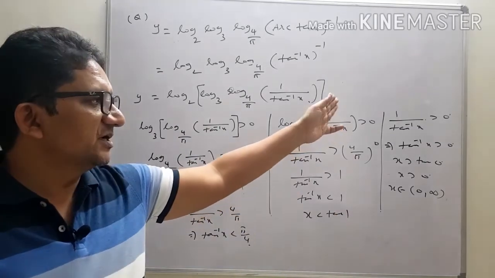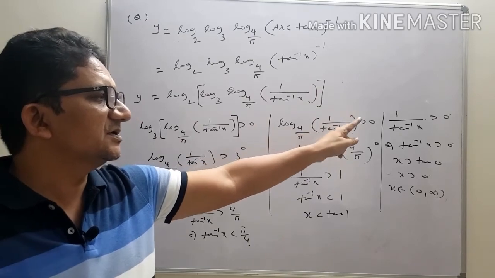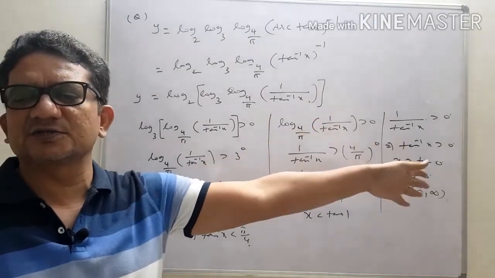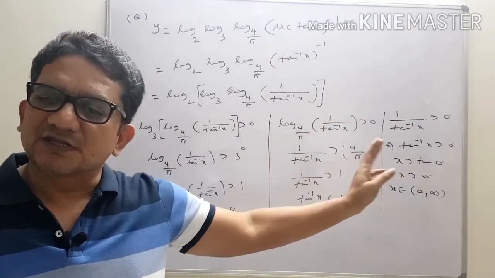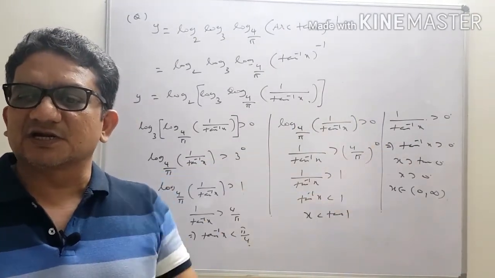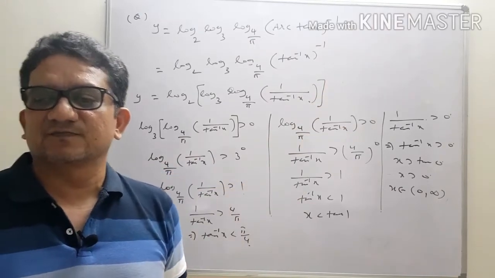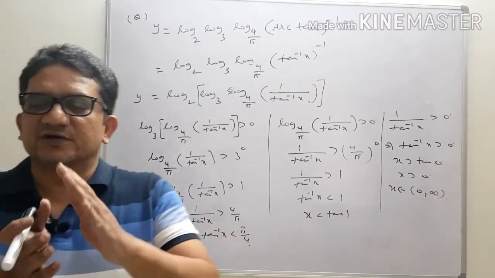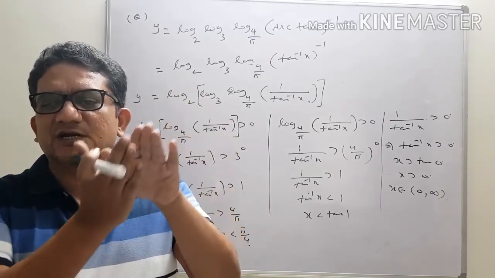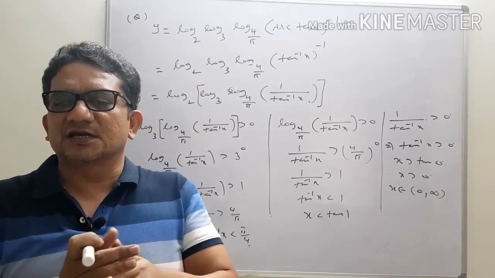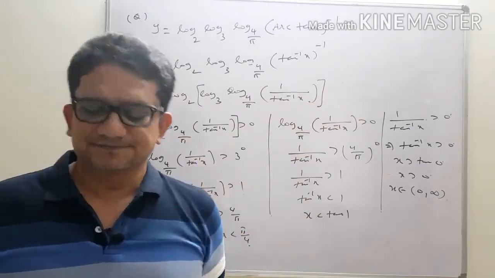So, here the numerator is fixed. Numerator is fixed means everything depends upon the denominator. Now, we need to make the denominator also positive. If 1 by tan inverse x is less than 0, then tan inverse x will be less than 0. But according to your theory, we will get tan inverse x greater than 0. Please don't do that. So just observe, when you are flipping, we need to check exactly what is there in the numerator and what is there in the denominator. Denominator we can't tell anything, but the numerator is fixed at 1.